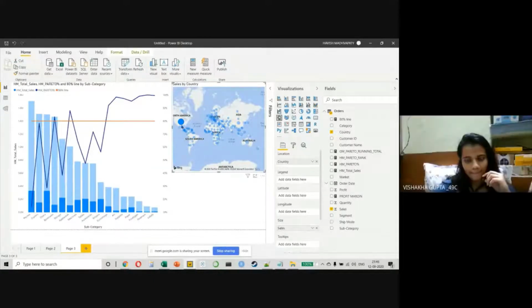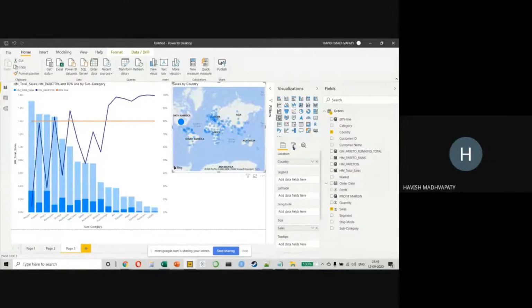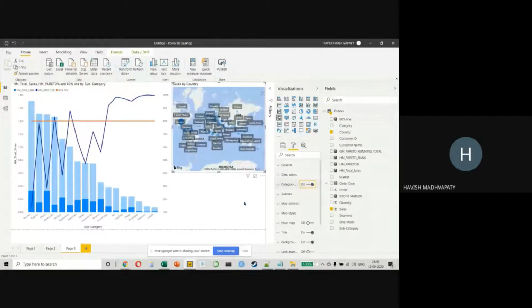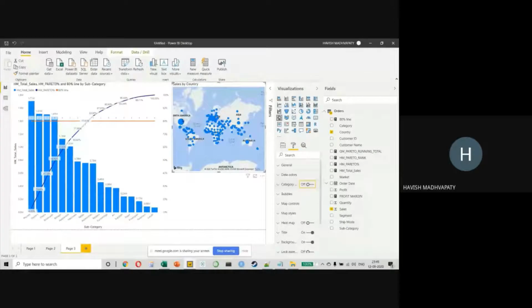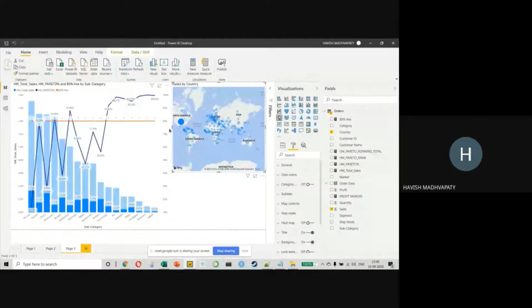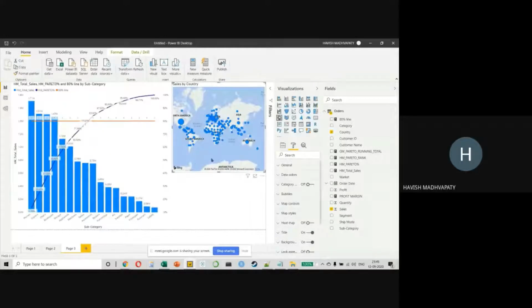Wait. So let's see what numbers are coming. That will give us an idea. So let's keep... No. Select this and put a data label. This is working okay. And when I select only one country, I think it is going to give me 1478. I'll have to check. I mean, there must be some logic at the back end as to why the map is not connected to this. We'll have to check that. I can't think of anything off the top of my mind.